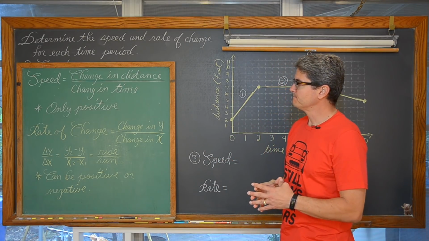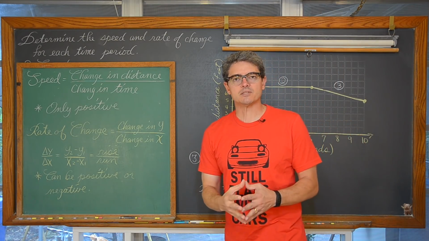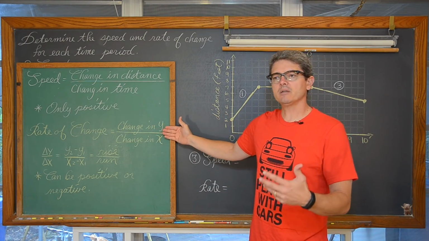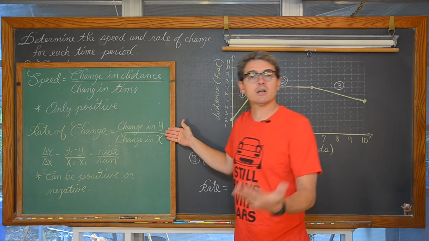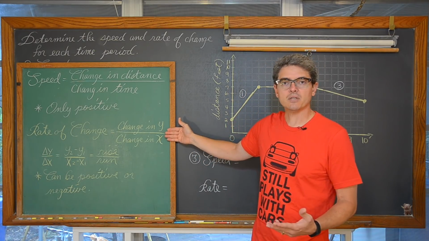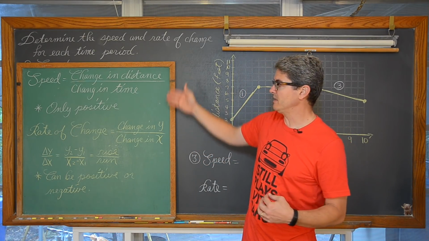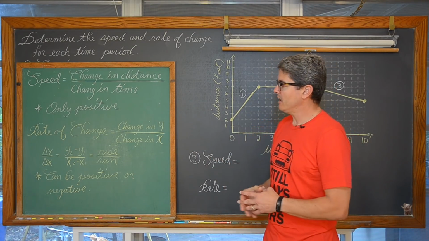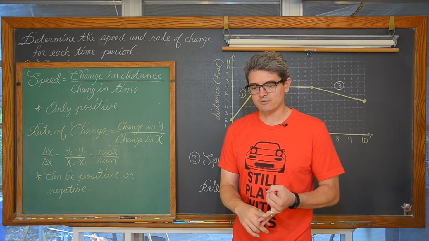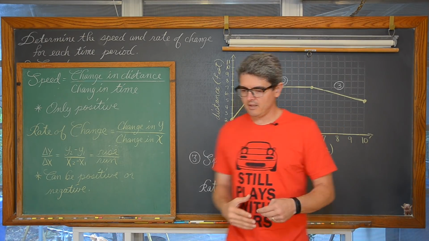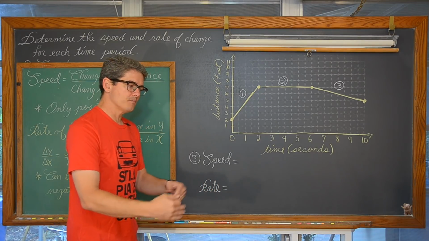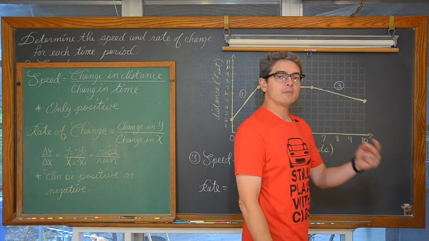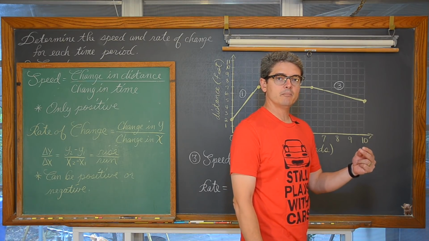Now, since this is only an algebra lesson, we're going to be comparing speed to rate of change. Well, when you're talking about Algebra 2 or pre-calculus, or I talk about it a lot in my calculus class, we deal with the difference between speed and velocity. Now, velocity, like a rate of change, can be either positive or negative. Like if I'm in my car and I put it into drive or first gear and I go forward, say 5 miles an hour, then my speed and my velocity would be said to be positive.